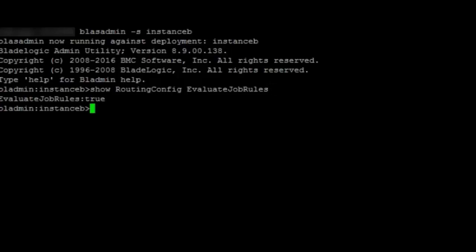If I need to set it to false, I need to do a set routing config evaluate job rules, and I can set this value to false so that the job execution rule will be disabled, and for this an app server